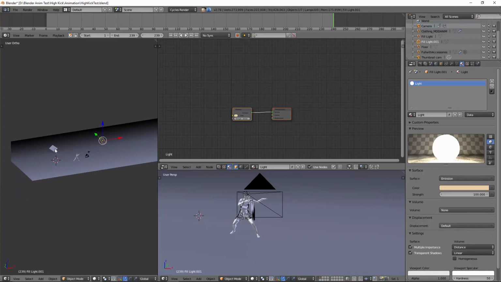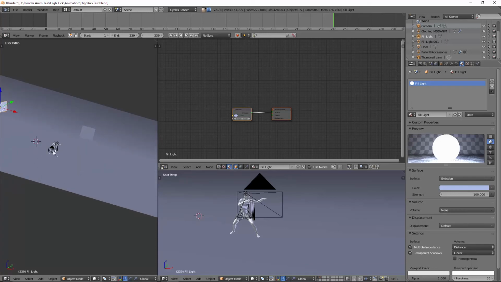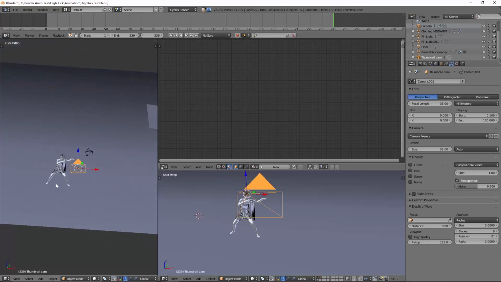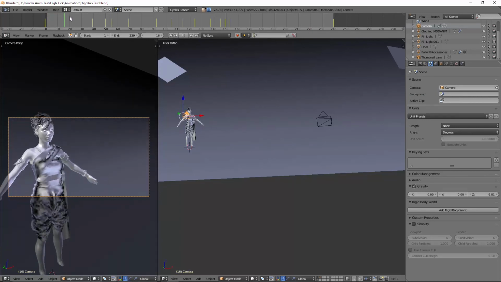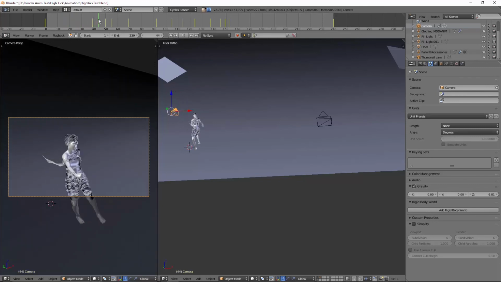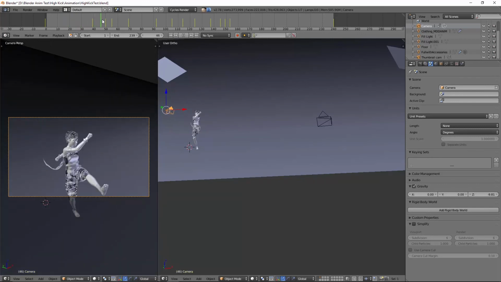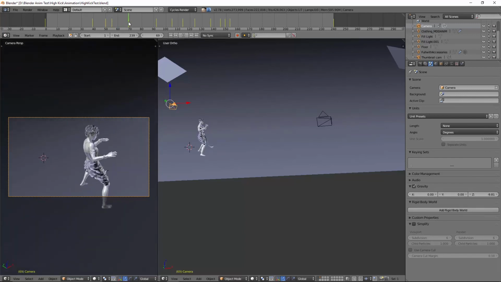Literally 2 lights. One kind of a warm tone, one a little bit cooler, a blue light. Just these 2 panels creating the light. I actually have 2 cameras in the scene. One is my animated camera, my other is my still camera. So I start with a close-up on the face, and then keyframe the camera movement, had it pull out so you had a better view of the character. She goes into her kick, camera follows her, she comes back down.